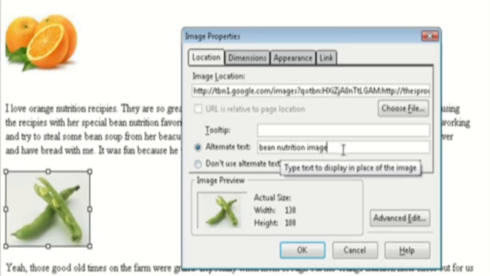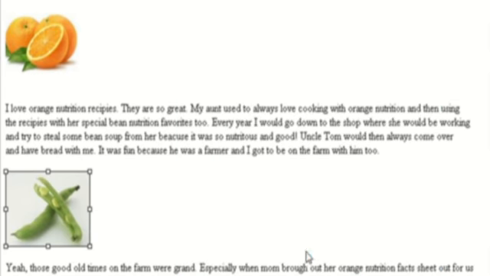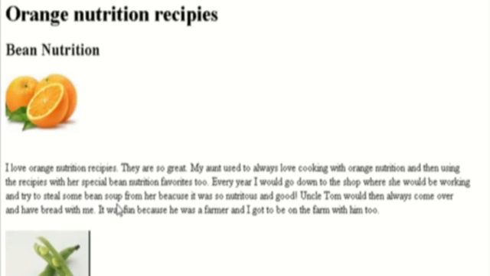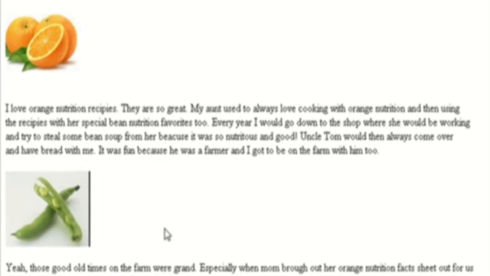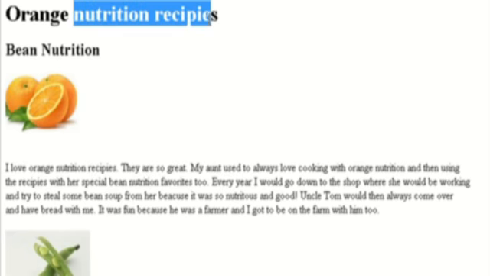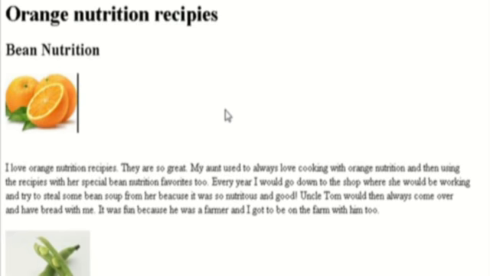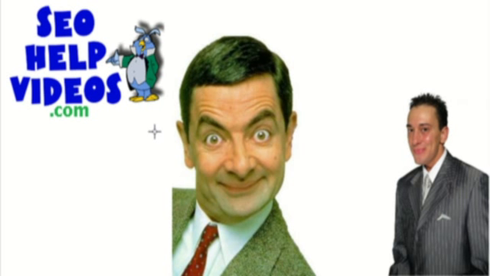Bean nutrition image or logo or whichever. Okay, so now you've optimized that image as well, which in turn optimizes the whole page for the terms you're going for, which is orange nutrition, bean nutrition, and nutrition recipes. And we could have maybe a third image and add a nutrition recipes alt tag onto that one too, huh? And speaking of bean,